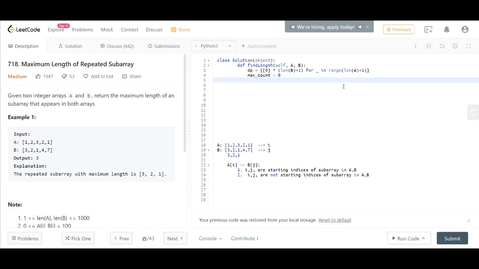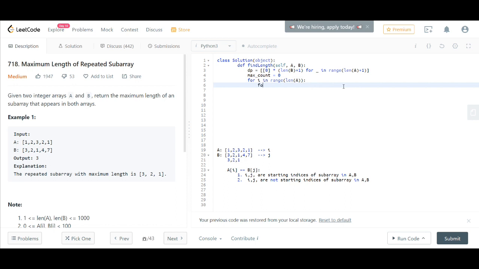And as we have discussed, a variable I to iterate over A, and a J variable to iterate over B.